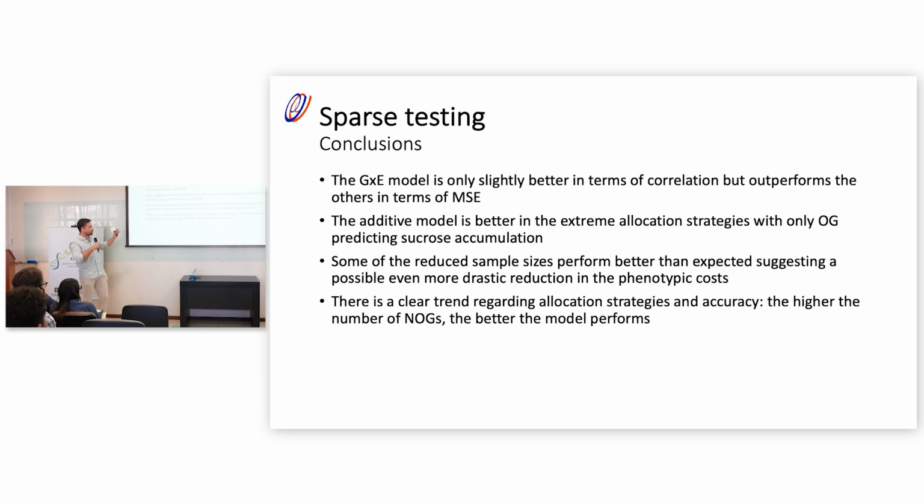Also, we would have expected the G by E model to behave a bit better, but it's not the same to predict just one seed as to compute the variance components with all the data sets. So there are many things that we can do, and theory is not always what we should follow. Yeah, another interesting thing is that the reduced sample size got a better accuracy, which was not expected.